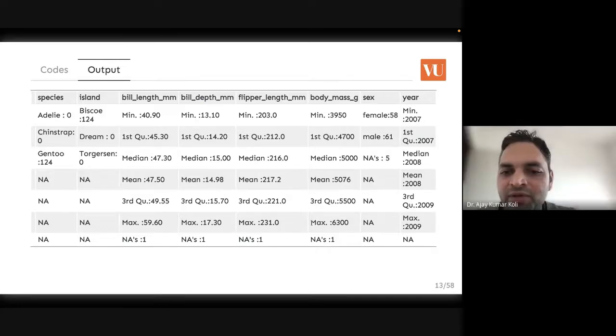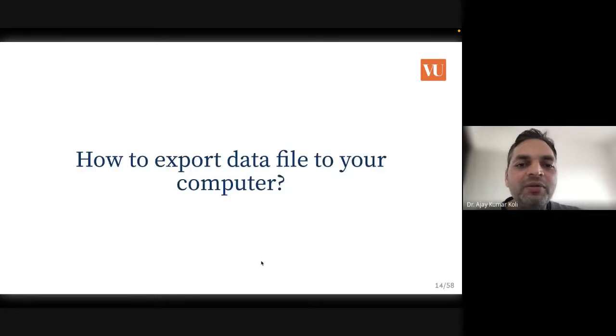And the maximum weight in the Gentoo penguin is 6,300 grams. And the median value is this, mean value is this, and minimum value is this. So these are ready-to-use tables. Then, now how to